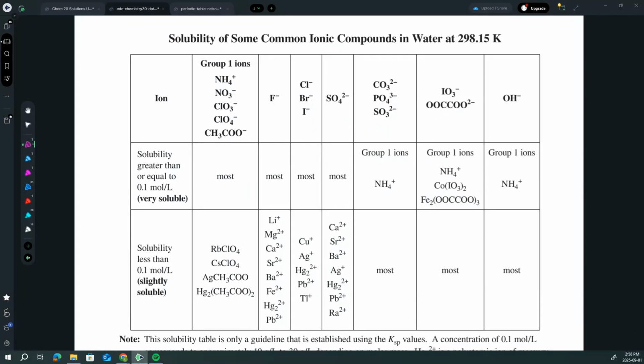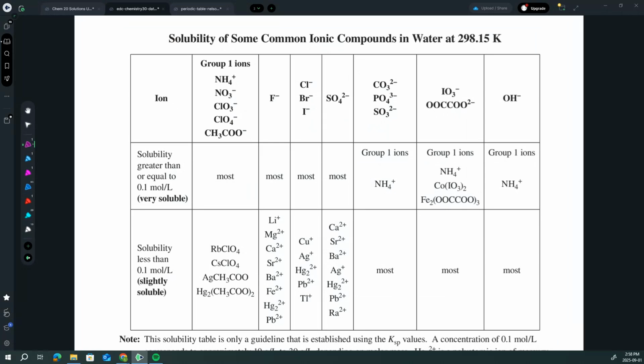There is a solubility table on the second page of the Nelson periodic table sheet. However, I'm going to recommend that you use the Chem 30 data booklet. First off, just to get you more familiar with this data booklet if you are looking to go into Chem 30. And second, the reason why I'm going to recommend that you use this table is